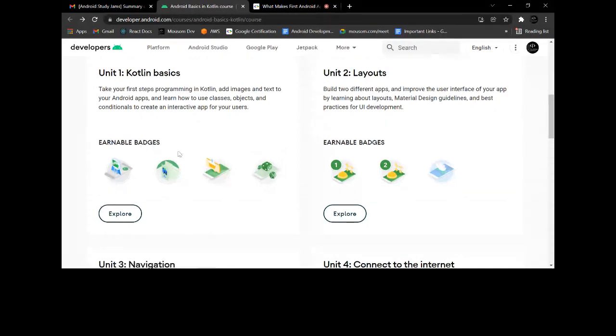I will not do all the things because it's a self-study type of thing. I don't go through all the things about this. I will just start from Kotlin, like what is this programming language, and for those who don't know anything about programming languages, I will also explain all the basic things about programming languages.